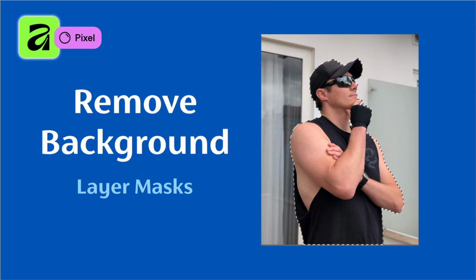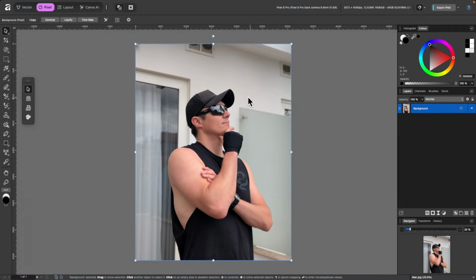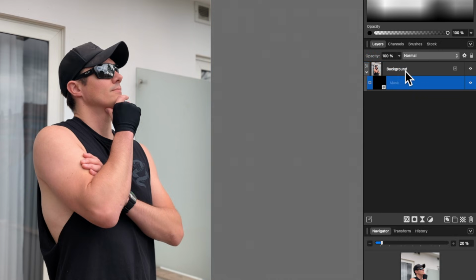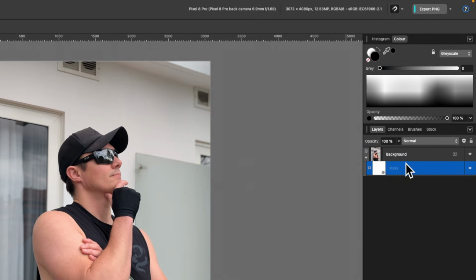In this section, I'm going to be covering layer masks, and these allow you to reveal or conceal parts of your image. And I want you to understand how they work. Just remember, black conceals, white reveals. So I have my JPEG here and it is selected, my background, and I'm going to go down and click on this mask layer. When I click it, you can see we now have a layer mask inside of our background. And before I do anything, I just want to show you the color of it.